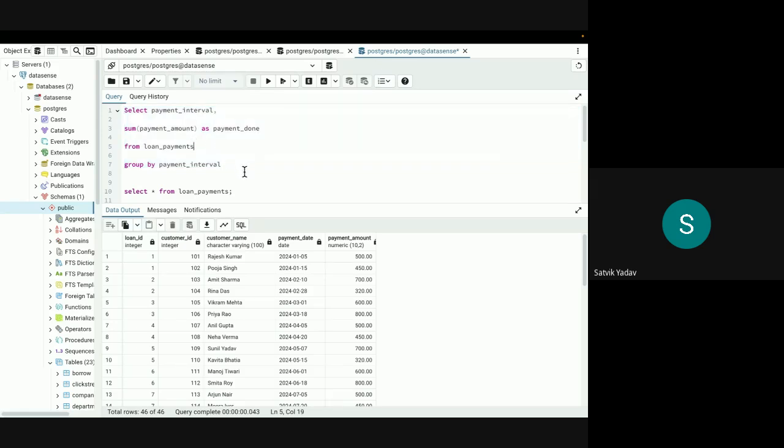क्या ये क्वेरी इस टेबल पे चलेगी? यस और नो? No. If no, what is the reason? If yes, what is the reason? टेल मी दिस। पेमेंट इंटरवल का कोई एग्रीगेटेड टेबल नहीं है ना? पेमेंट इंटरवल नहीं है हमारे पास, तो कैसे चलेगी इस पे? तो एरर आ जाएगा।